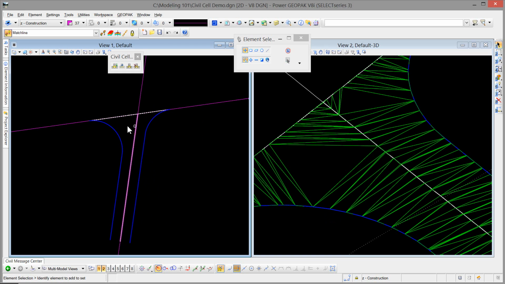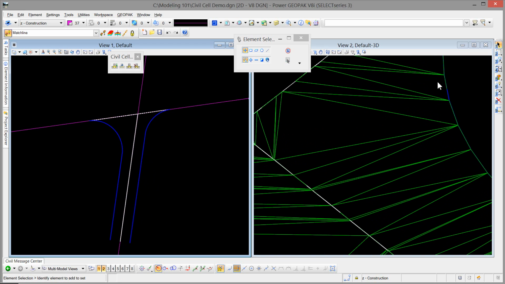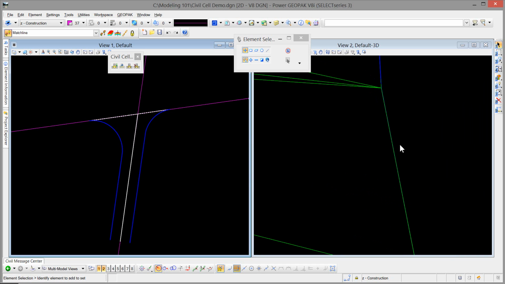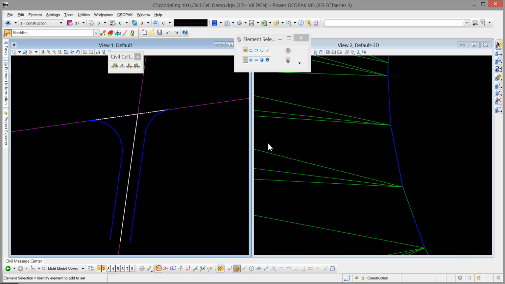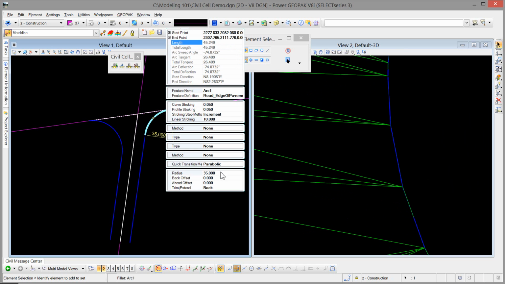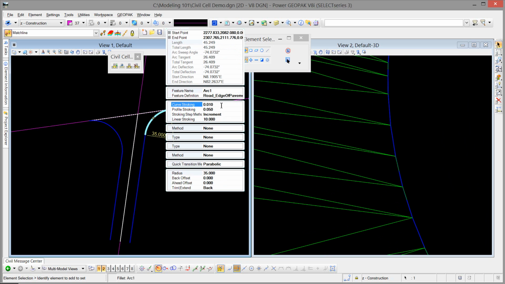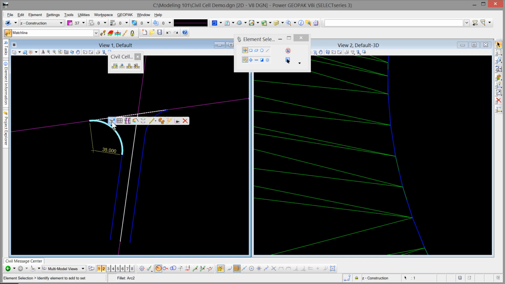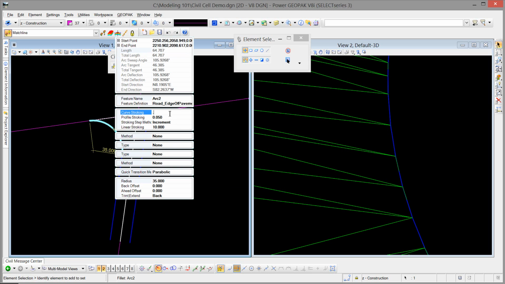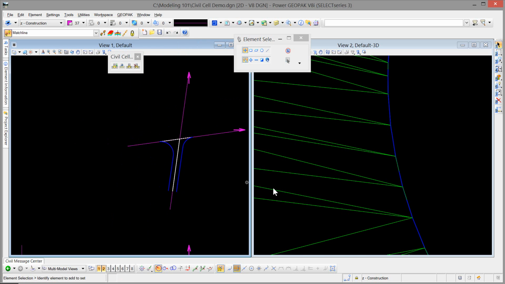Okay, so we got that one set, and then now the other thing is, do I want my arcs to be chorded like this? So I can smooth those out, right? So I come into each arc and I say, what is the curve stroking? Well, let's say that I change that to like 0.01, and then you could even do that on the profile as well, and that'll tighten it up. And then we can come over here and we'll come back to this one, 0.01 and 0.01, and then that'll just make these that much more smooth